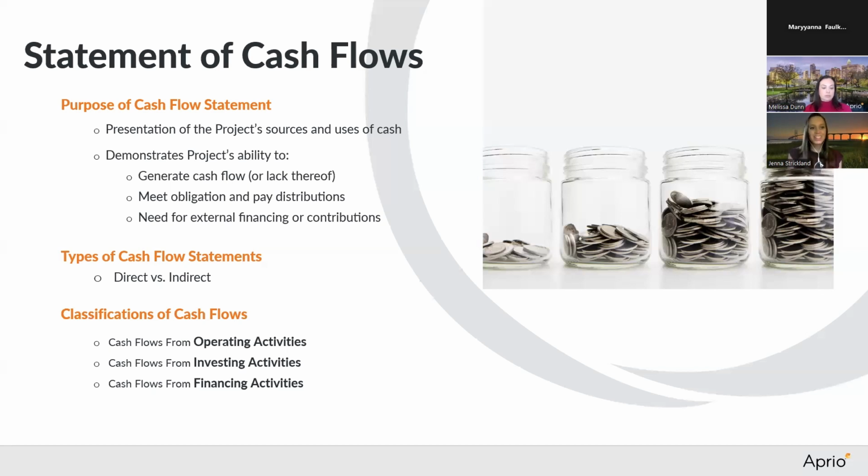To further complicate things, the direct method, which is required by HUD and also some government entities that people have alluded to, is going to look at your income statement, your statement of operations, and your revenue and expenses and analyze the variances in those to tell the cash coming in and cash going out. So it's going to say you've had cash coming in of 2 million in the form of rental income, and you've had cash going out, usually by the operating expenses. You've paid this much in property management fees, you've paid this much in insurance, you've paid this much in taxes. So it's going to paint the picture in that light based on your revenues and expenses.